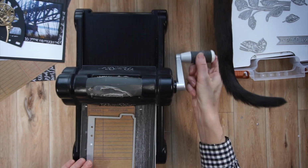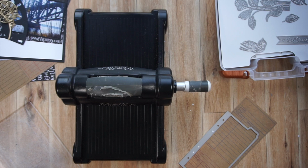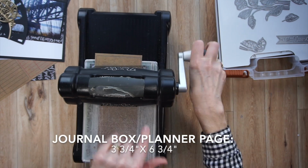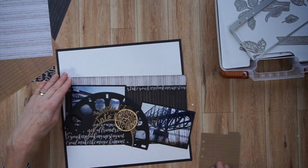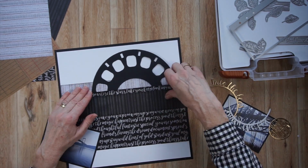But anyway, it was super beautiful in that metallic paper. Actually, I'm getting out another die. That one I use all the time, again from Elizabeth Craft Designs, and that's part of her Planner Essentials series. So I'm taking that brown, it's kind of like a ledger paper. That's where I'll be doing my journaling. And I'm cutting that out into a planner page, and that's all going to be part of the layers on